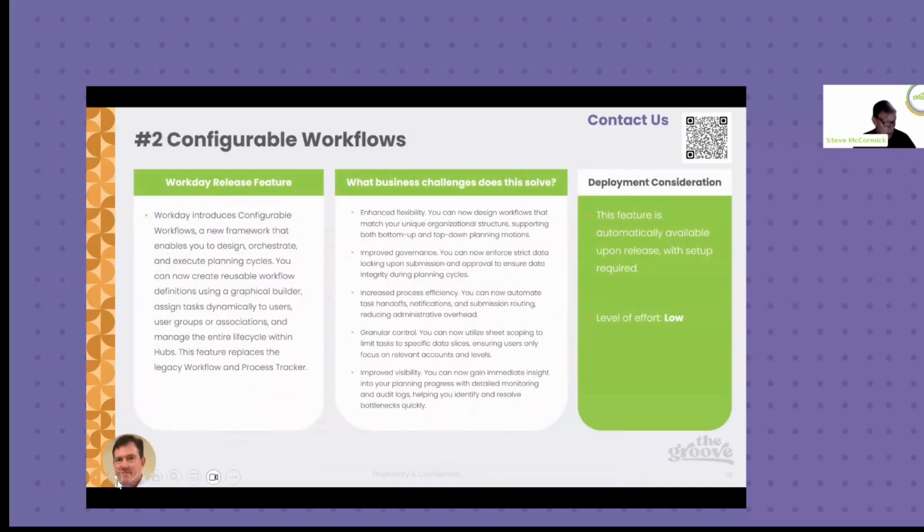The next thing is really, really nice, and they have additional features coming out through future releases. It's configurable workflows. It's a new framework to design and execute planning cycles, replacing both the workflows and process tracker. It uses a graphical builder. Administrators can create reusable workflow definitions and assign tasks to users, groups, and associations, and manage the entire life cycle